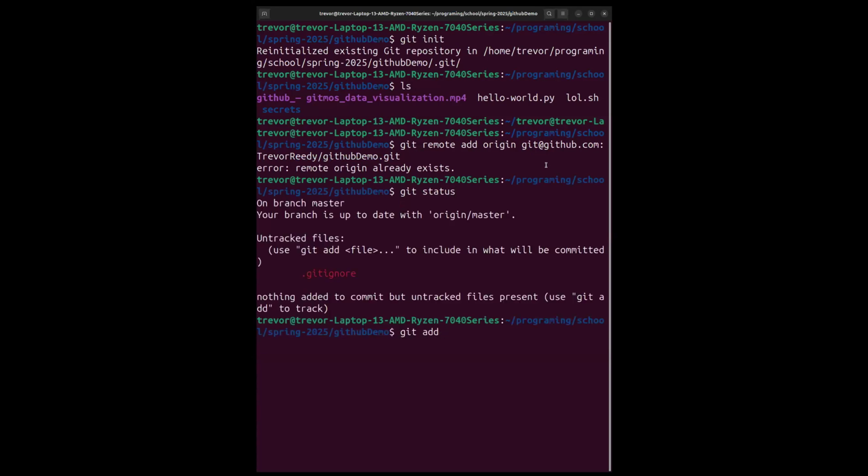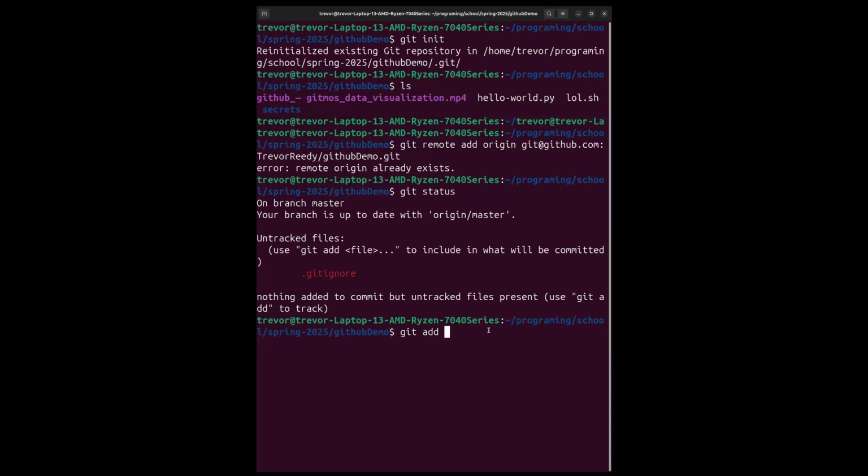What we're going to do next is git add. And there's two things that you can do here. You could do git add star, which is by far the preferred method. This will make sure that your git ignore file is not added, and it will make sure it is also recognized as a git ignore file, and all the files in it that are not supposed to be tracked will not be tracked.